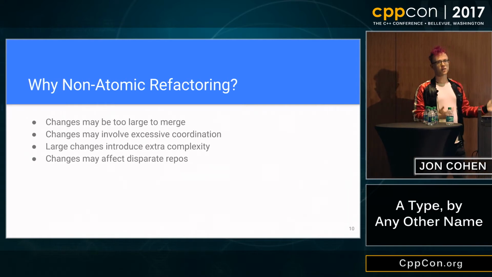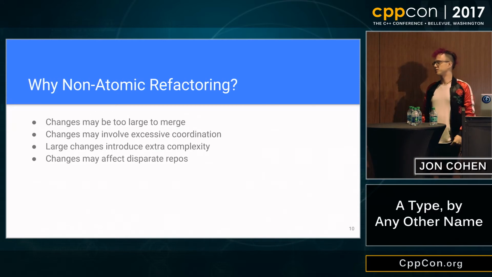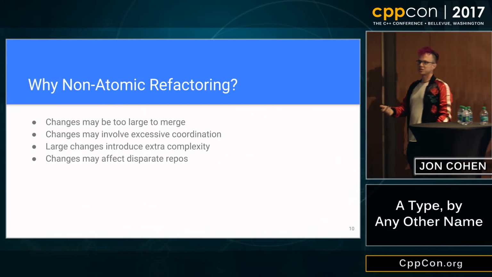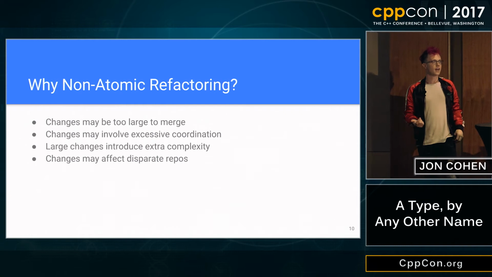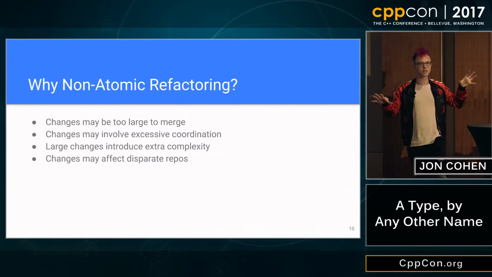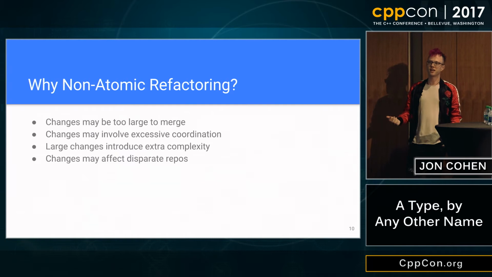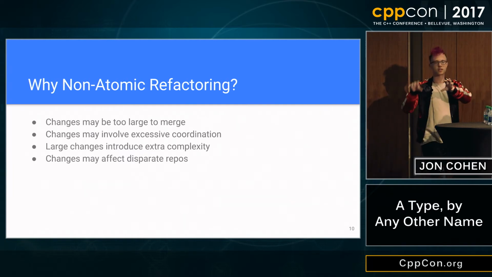Also, say you're, I don't know, an open source library repository. I don't know why anybody would do that. You don't know who's depending on you, necessarily. And even if you did, if you wanted to refactor something, you literally can't make a change to all of them at once because they're all different repositories. So you have to structure your refactoring in a way that allows these things to be changed one at a time.